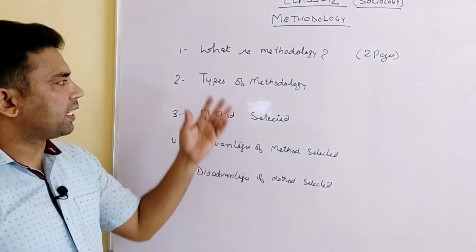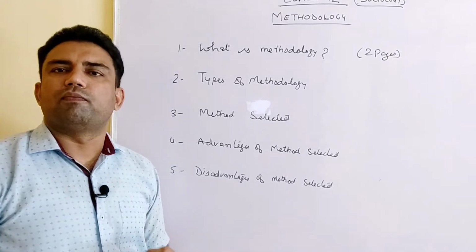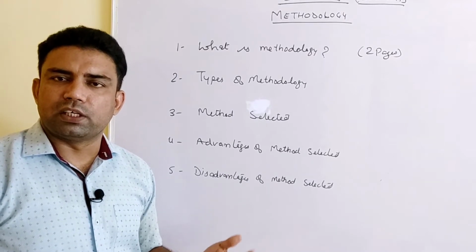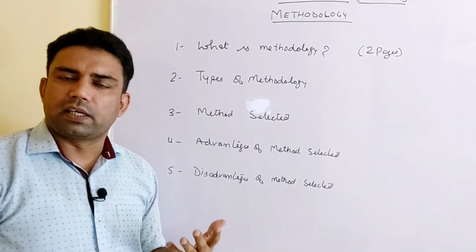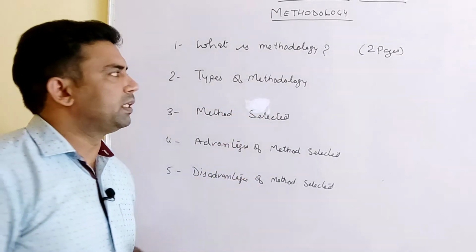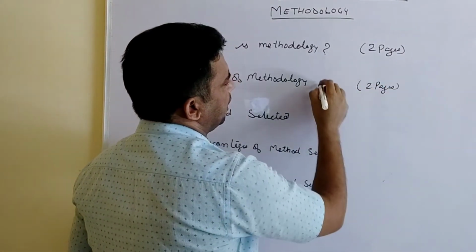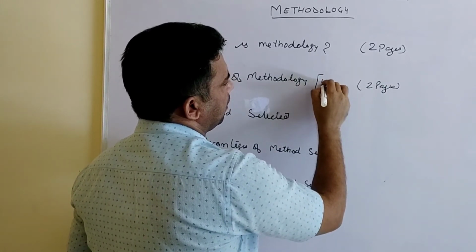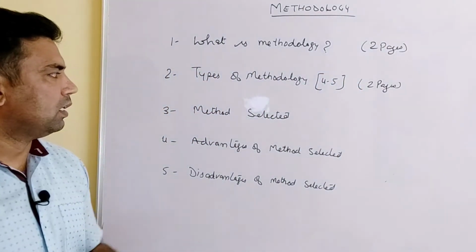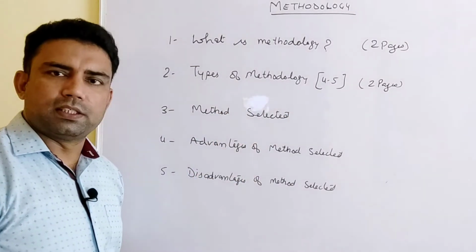Right? The second one is types of methodology. In this heading, you are going to define minimum 4 or 5 methodologies which are to be used in sociology. For example, questionnaire, survey, case study, like that. So you are going to write the types of methodologies here. Also, it will take 2 pages minimum, and you are going to define 4 to 5 methodologies. You are just writing 1 para about each. Then 2 pages is enough.